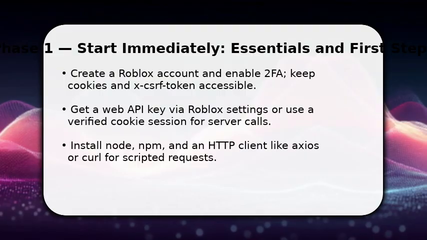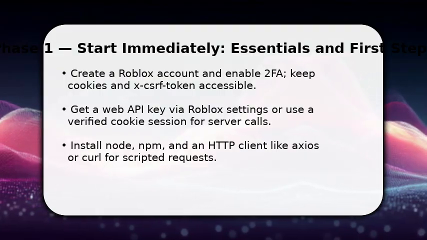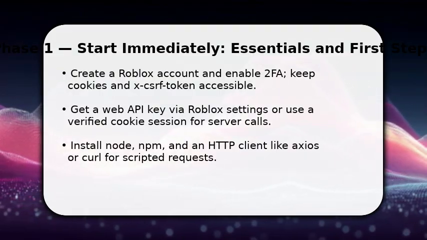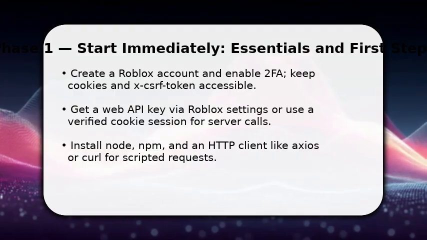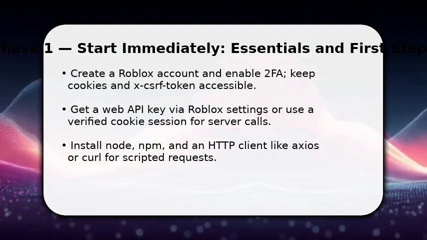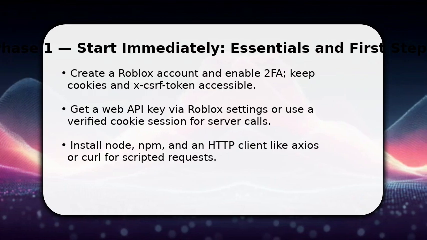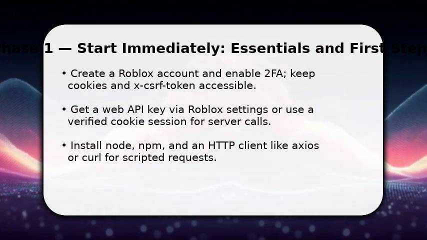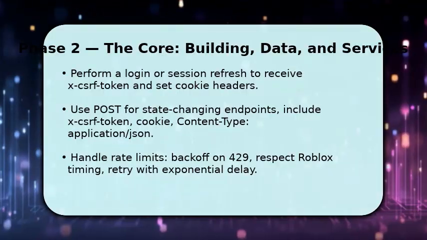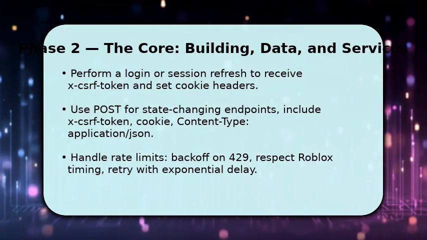Make sure to store secrets securely and avoid pasting them in chat. Now that tooling and auth are in place, you're ready to make the first API call. You now run a controlled request flow. Send an initial post to trigger XCSRF token in the response headers, then attach that token and cookie to subsequent